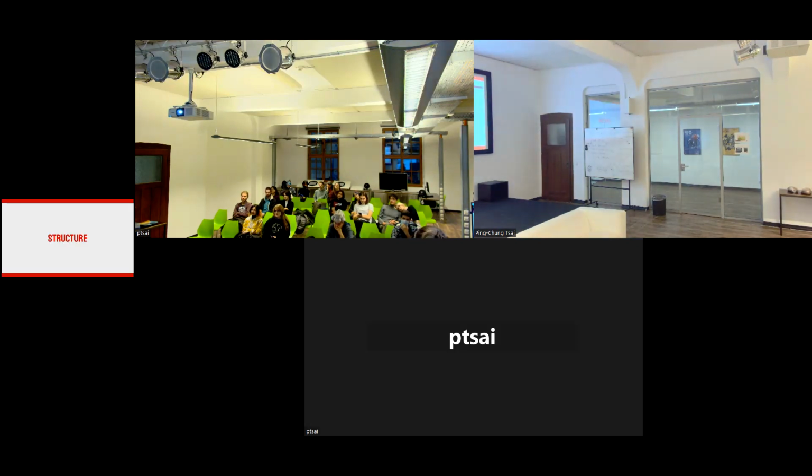Okay, so let's talk about the structure. Mario has 24 levels. There are 8 worlds, and each world has 4 levels. The last level is always in the castle. And before the castle, there are a lot of places you can go.